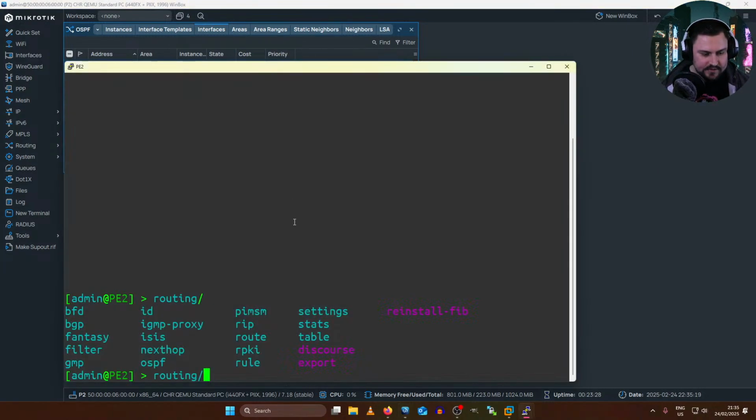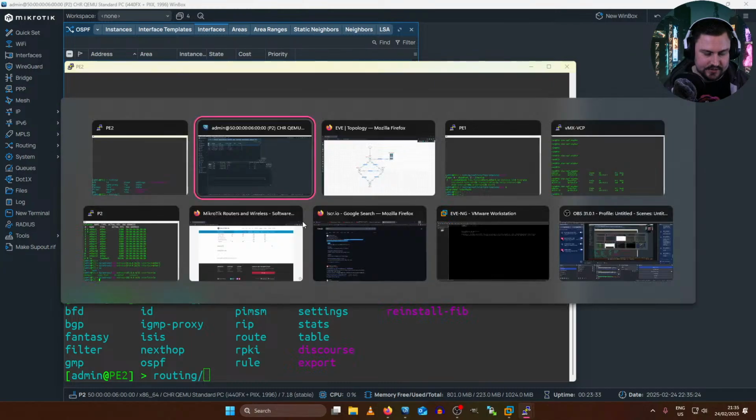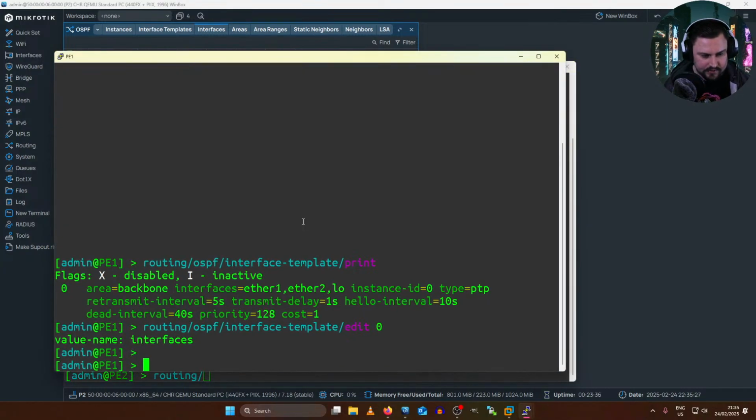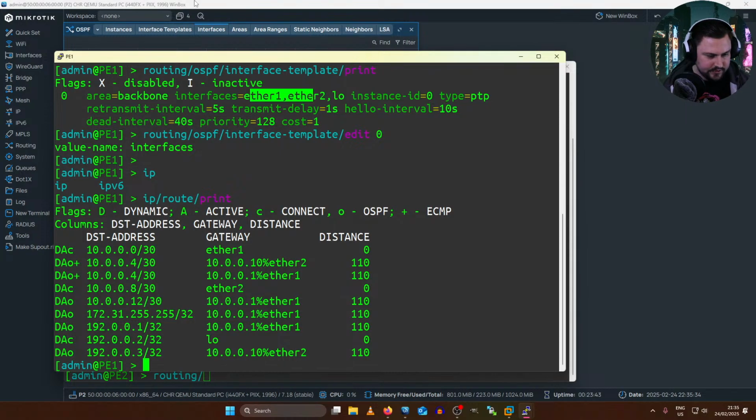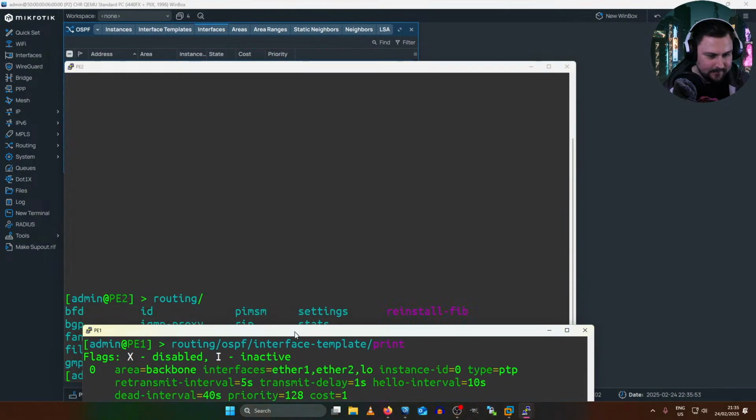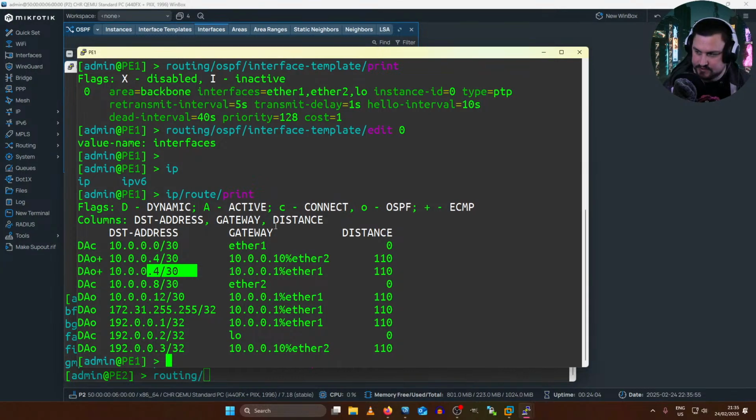The moment I fix up the OSPF and the MPLS on the other PEs, we should actually see. I should actually already know it on PE1 since I added Ether3 here. So if we look at our route print, we should see... I can see .4, but I don't see .5. So it does do the same thing as Juniper. That's something I might want to figure out as well, but it's not a big burning issue for me to figure out. So let's just continue on.